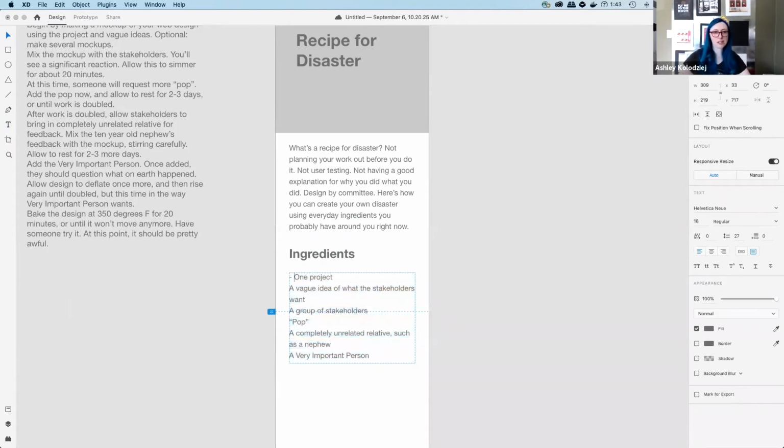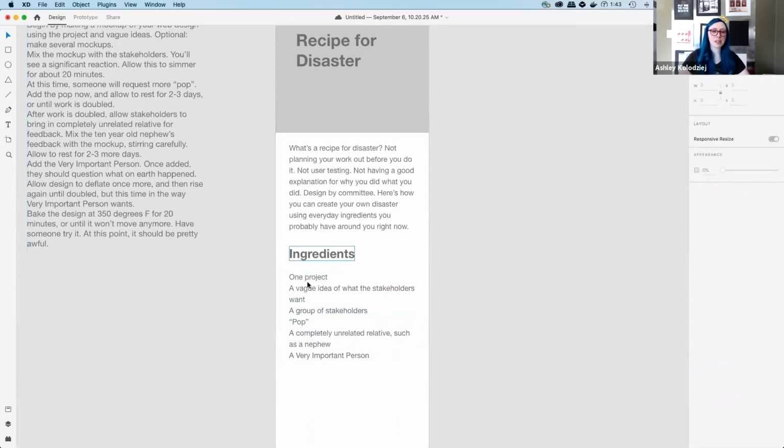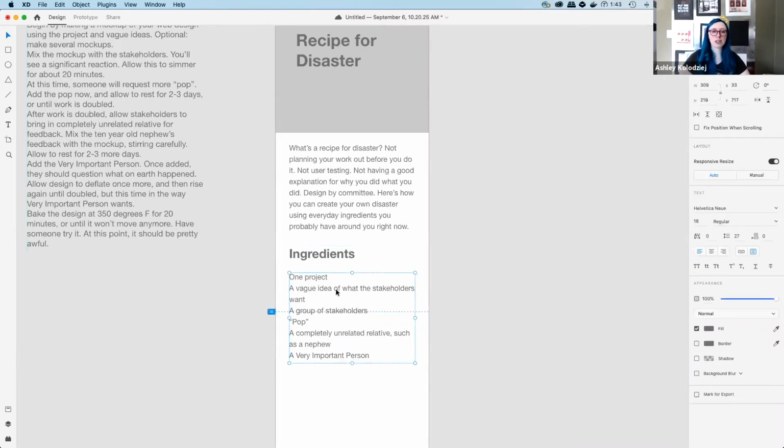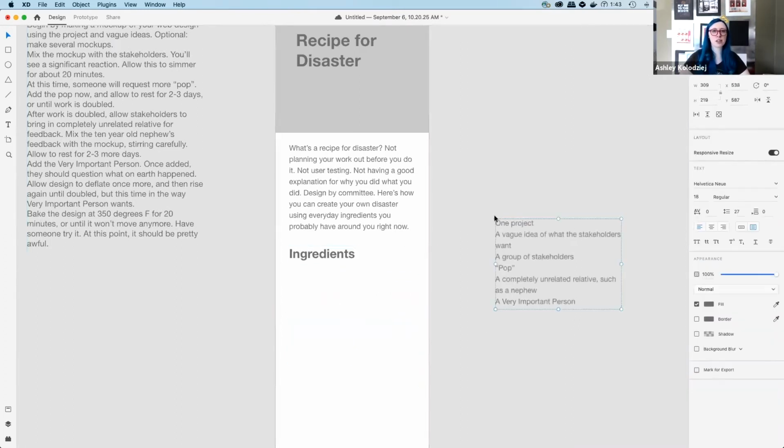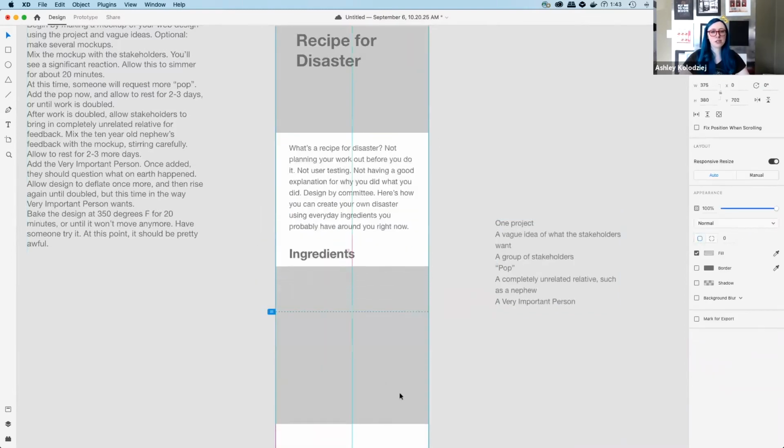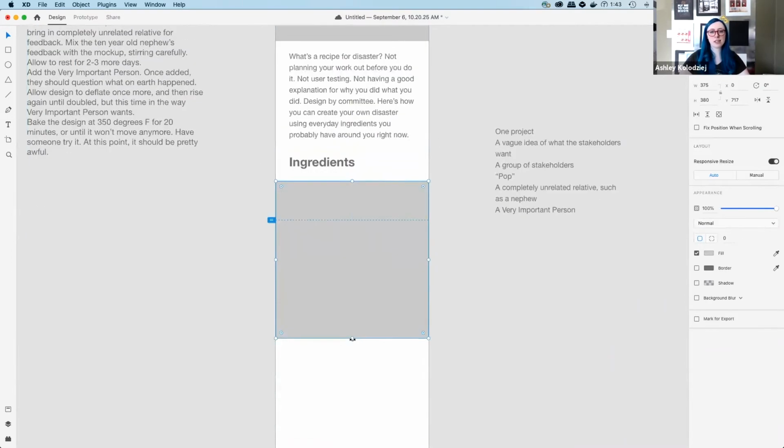We could do this sort of thing, but I want to give this a little bit more styling. I know that it should be a list of some sort, but I want it to be a little bit more interesting looking. I want people to know what this should look like. So instead of just using a plain old list, I'm going to create some ingredient callouts.